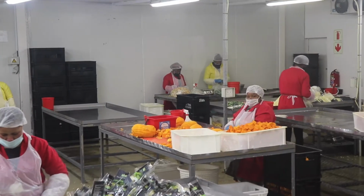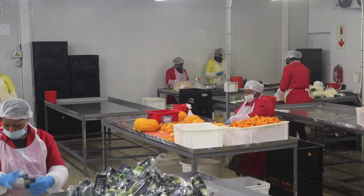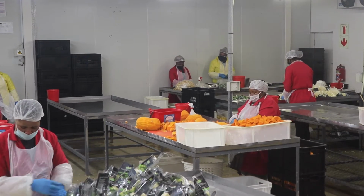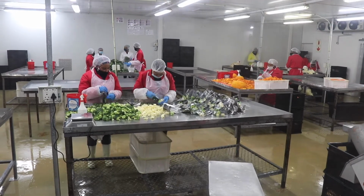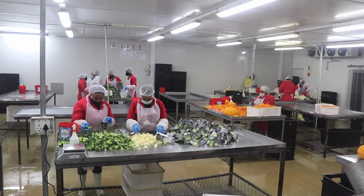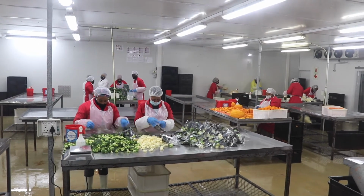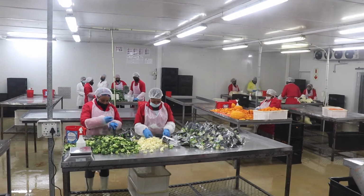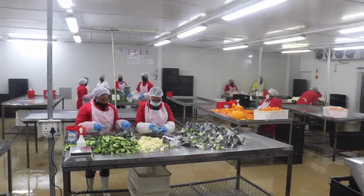Further to the right, you can see the lady with a big knife dicing pumpkin. We do a lot of diced pumpkin, butternut, and sweet potato. You'll notice also that it's quite a manual process. There are much more mechanized ways of doing what we do. We could bring in a lot more machinery and move away from it being such a manual process, but most